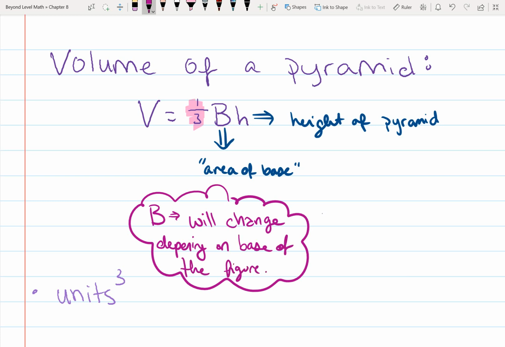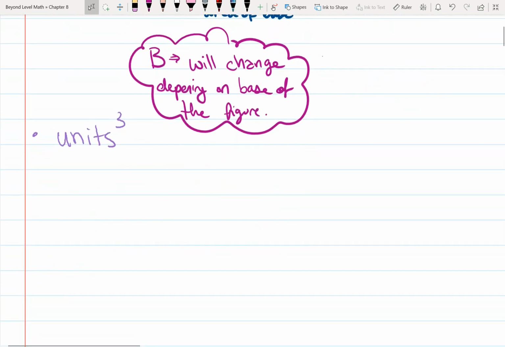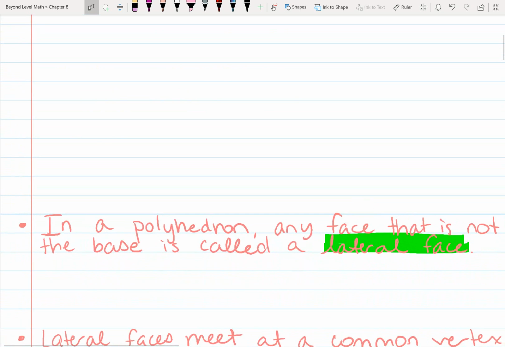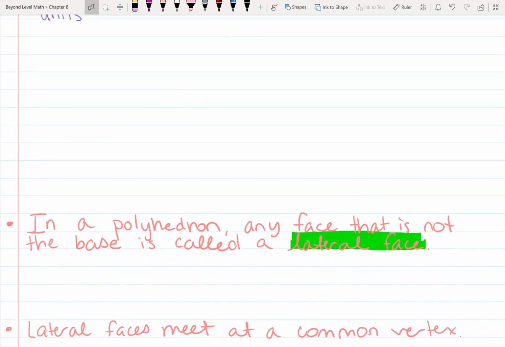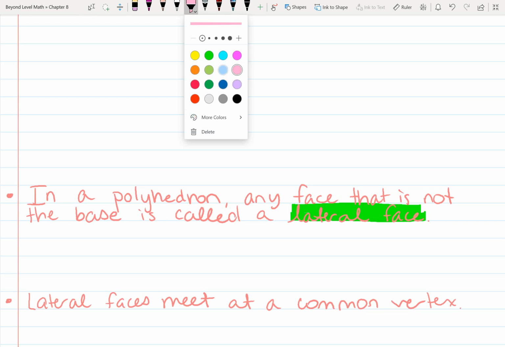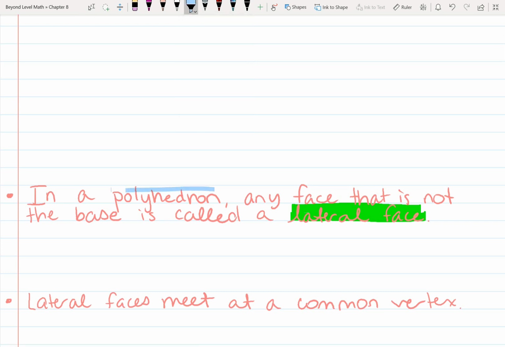Super duper important. Do not get stuck doing the same formula for every single pyramid or prism. It will change. Alrighty, so again, pause if you need to, but I'm going to go ahead and move on to a few key vocab words. These are words that I actually just talked about, and we're going to be doing a Quizlet next week